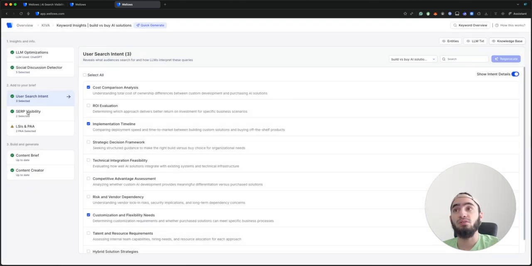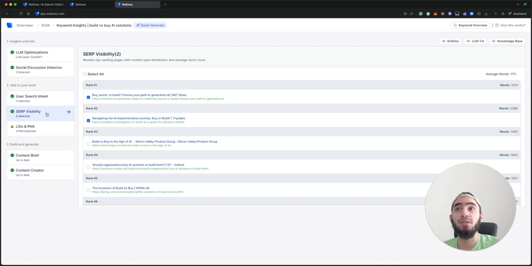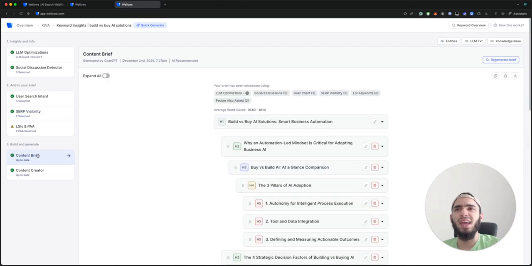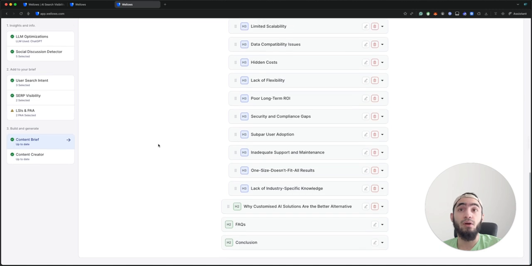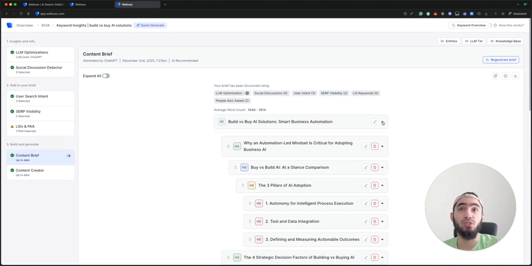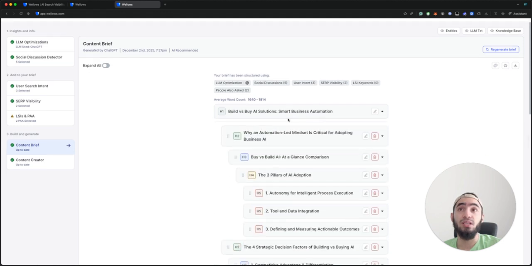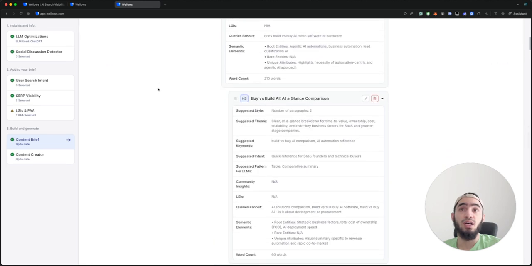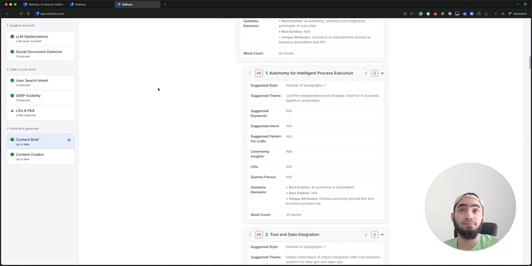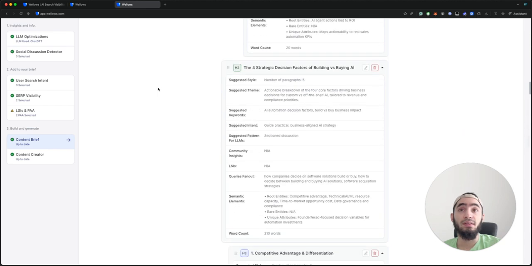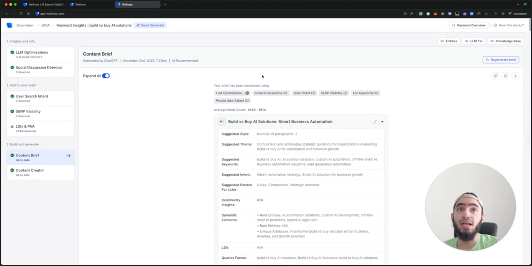And then there's some more things like SERP visibility, very good for SEO. And then you'll get the full content brief, which has been super specifically created for the large language model for optimization, and it's really detailed. And if you expand them all, you will see how much information we have here, and we can recreate them. I think, let me see here,